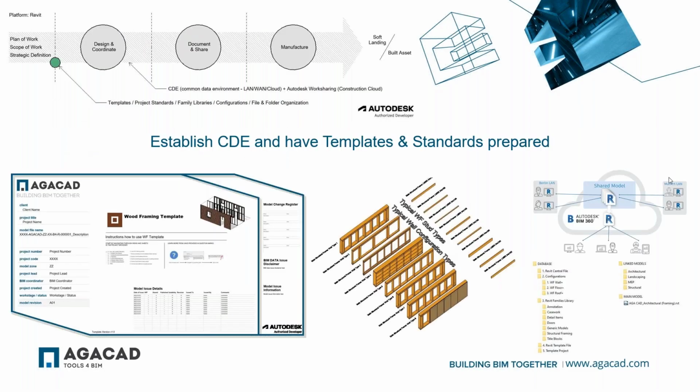Okay, so I would guess the first and very important step is to establish a common data environment and have templates and standards prepared. Obviously, looking at Autodesk Revit, that's our platform, right? So at this point, before you really begin design and coordination and other things with the project, you want to establish a common data environment, and this could be a local access network, a wide access network, or some sort of cloud server